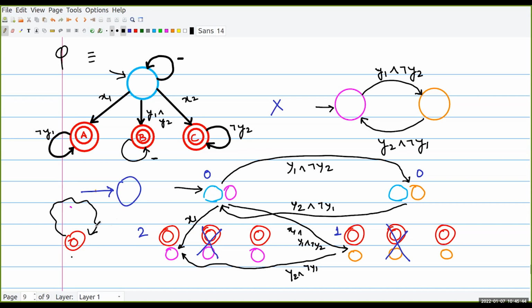So the number here has to be greater than the number here. That is an unsatisfiable system of constraints. A number cannot be greater than itself. So every time you have a cycle here, you come up with a set of constraints that is unsatisfiable. And the only way to satisfy the system of constraints is when you don't have cycles on the rejecting states. So you basically have a system of constraints now, and you solve that system of constraints, and you basically get a